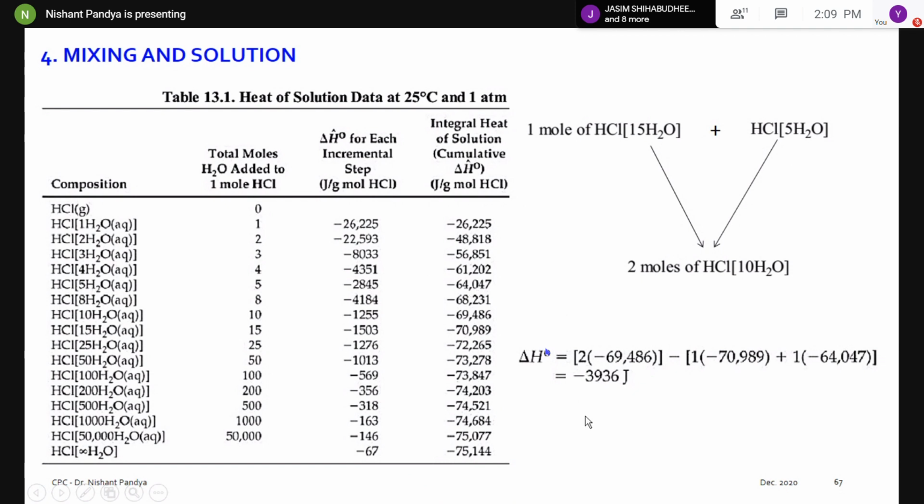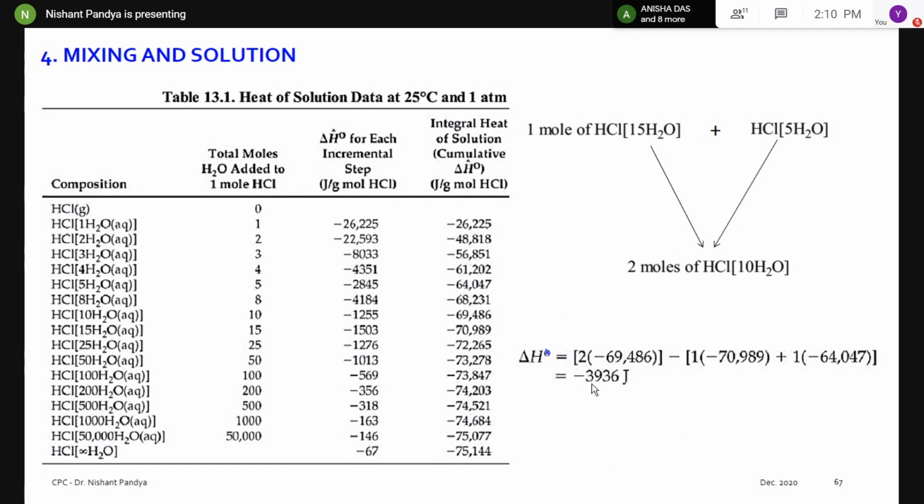So when you want to find out what enthalpy change occurs when you mix two different solutions, you can just simply use the integral heat of solution, the cumulative heat of solution available in the table for that solute and that solvent, and calculate from that data. Right, this is a small part which normally we neglect. Now if you convert this into kilojoules, how much is it? 3.9